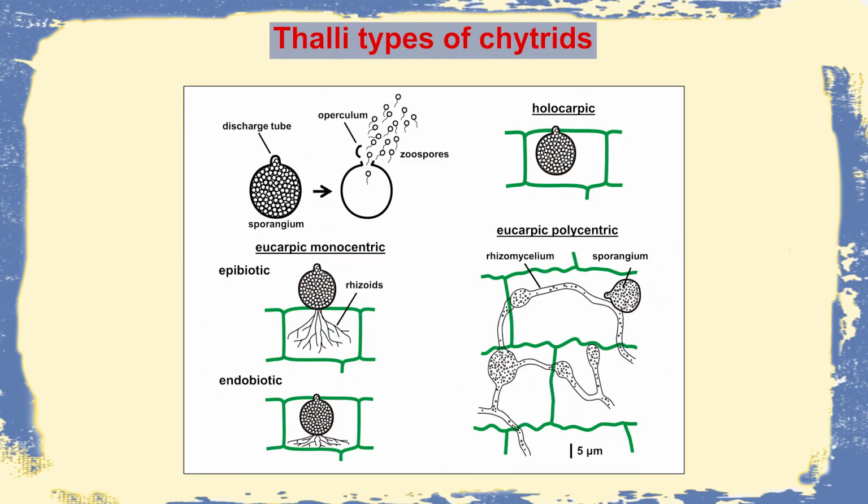Now, there are different types of thalli present in chytrids, which include the epibiotic, meaning naked outside, monocentric one, which will give rise to zoospore. It can be endobiotic, meaning they are growing inside the plant filament and they develop rhizoidal branches for attachment, and they are mostly growing inside the plant body. It can be holocarpic, that means the entire plant body is acting as the reproductive structure, or it can be eucarpic, meaning it will grow in mycelia and part of that mycelia will be representing the reproductive structure.